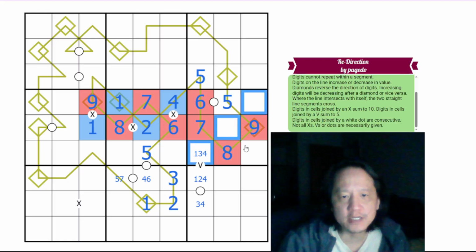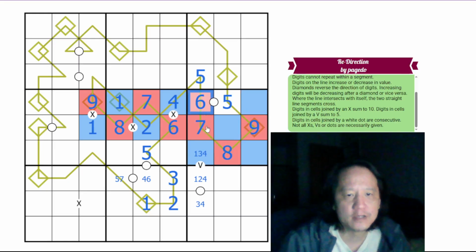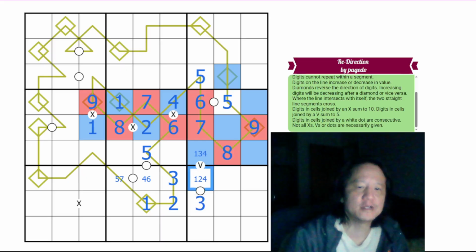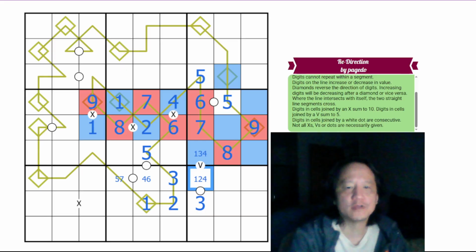Remaining digits in this box are all low, because we have 6, 7, 8, 9 already. This is decreasing, so this must be a low. This must be increasing here. From this, we don't have any other information. This is 3 or 4. If this were 4, it's not consecutive with anything, so this can't be 4. This is 3, which is consecutive only with 2 or 4 here, but this 3 eliminates 2, 3 as a